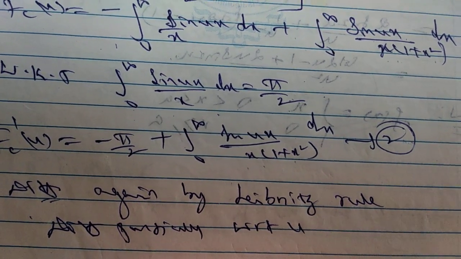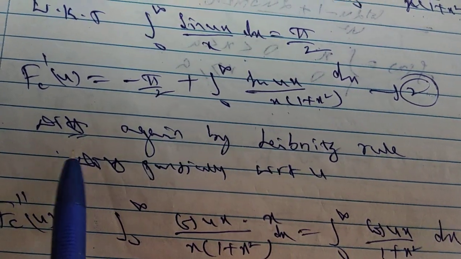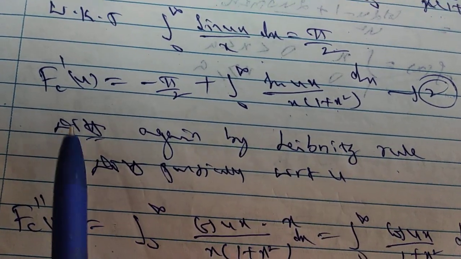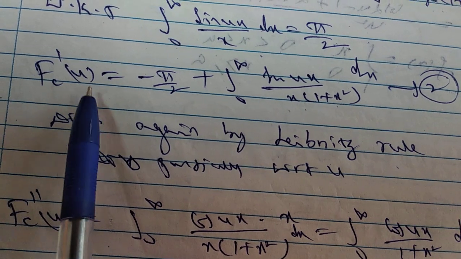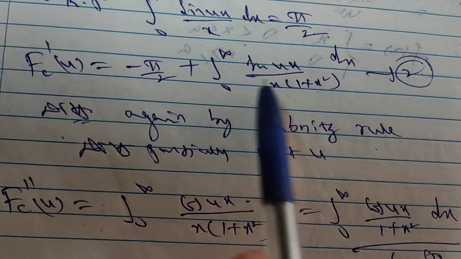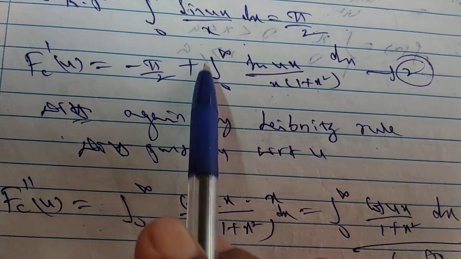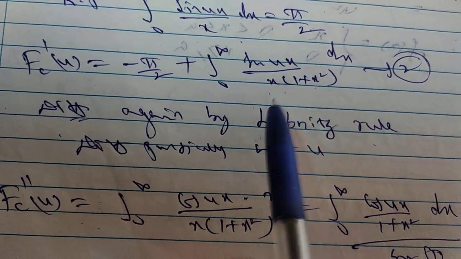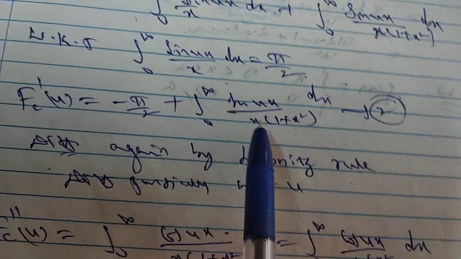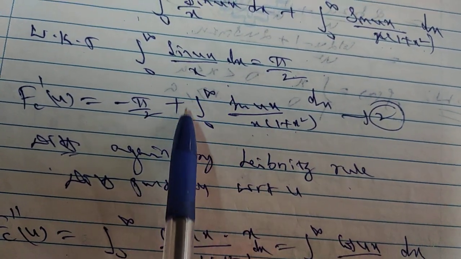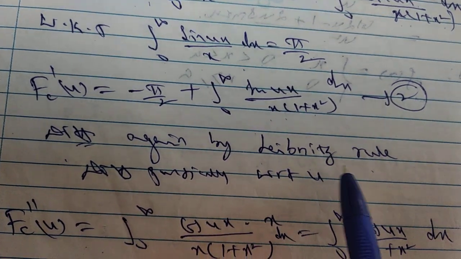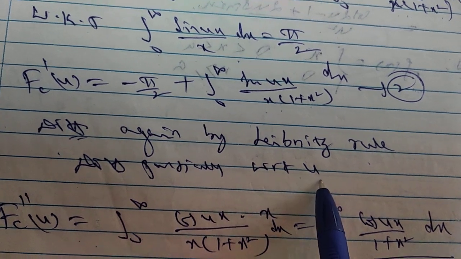So now differentiate once again by using the Leibniz rule. How to apply the Leibniz rule? You have to differentiate with respect to u once again. What is the differentiation of f dash of u? Because this is not a final answer, as the integral is there as it is. That's why you have to find the solution, means you have to integrate. That's why you have to apply the Leibniz rule. So what is the Leibniz rule? You have to differentiate partially with respect to u.